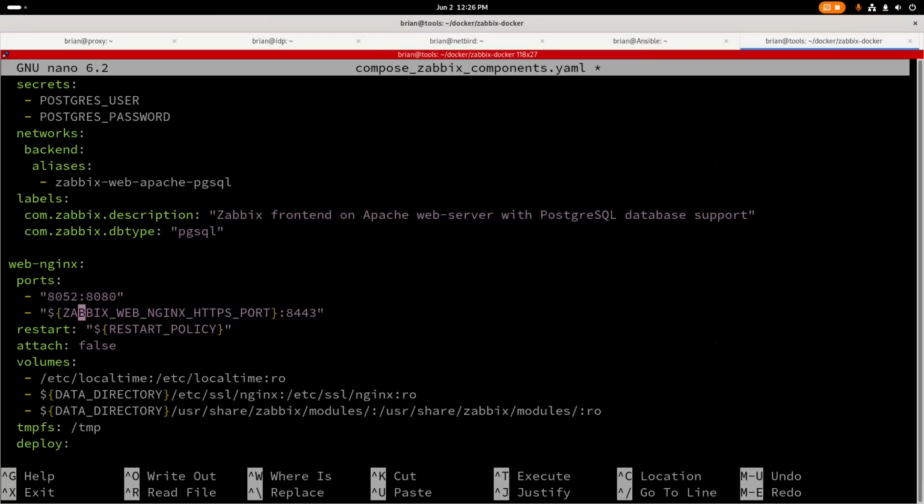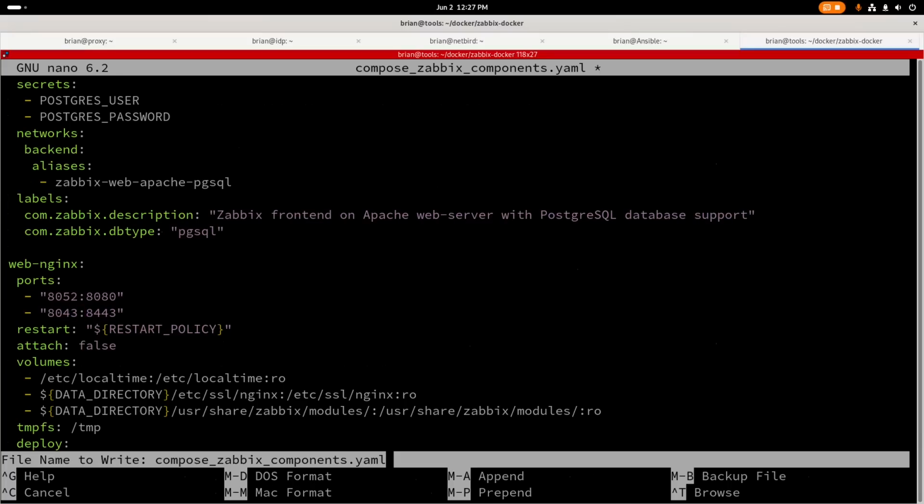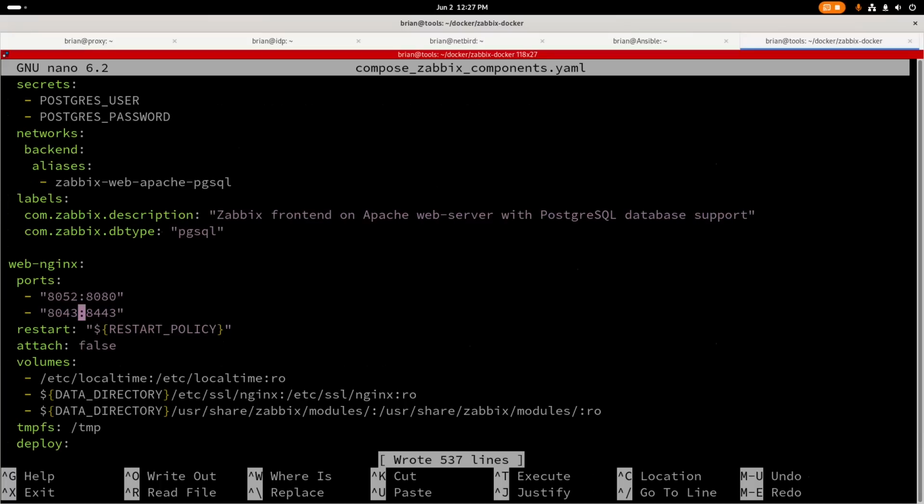8052. And it doesn't matter what port you pick, it just needs to be a port that you're not already using. Same thing for this 8443 port. We're just going to do 8043, and that's fine. And make sure I get an 8 there, 8043. There we go. We're going to do Control O and enter to save our changes, and then Control X to